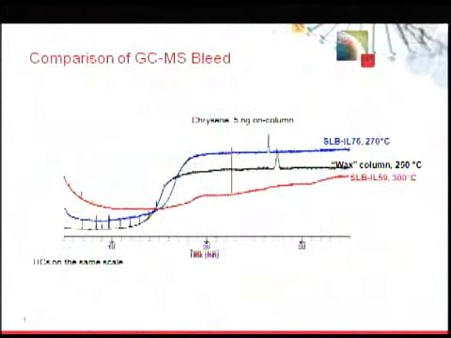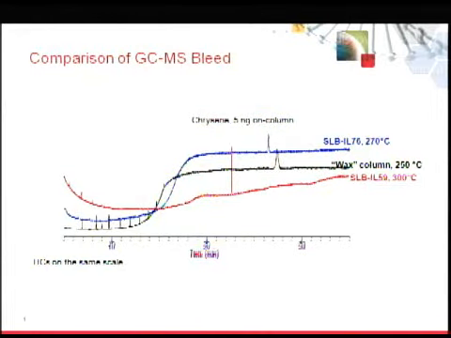But some of the benefits of these are shown in the next slide in terms of mass spec techniques. In reality, we offer very unique selectivities with the ionic liquids, again, different from normal GC stationary phases. But what we're showing here is a comparison of the GCMS bleed. These are the total ion chromatograms that we've run on 3 different phases, 2 of them being the ionic liquid phases. And the red curve that you see is what we call SLB-IL59.